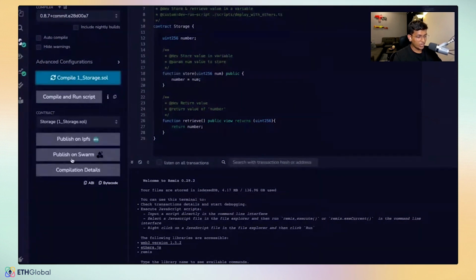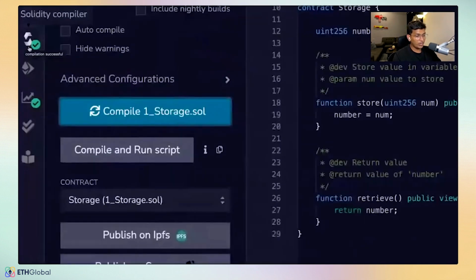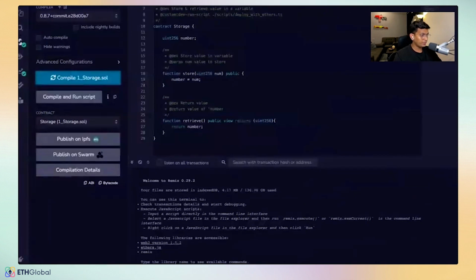Let me just check. Yep, it is compiled. Yep, you will be getting a green check mark like this over here. Cool. Now that your smart contract is compiled,